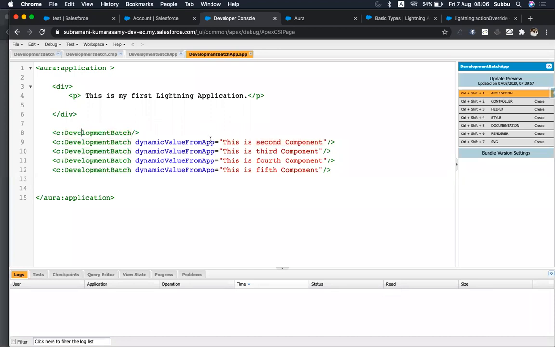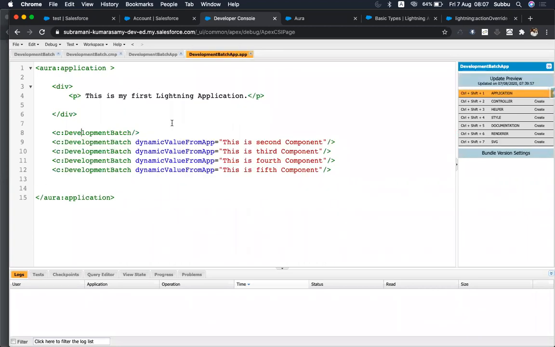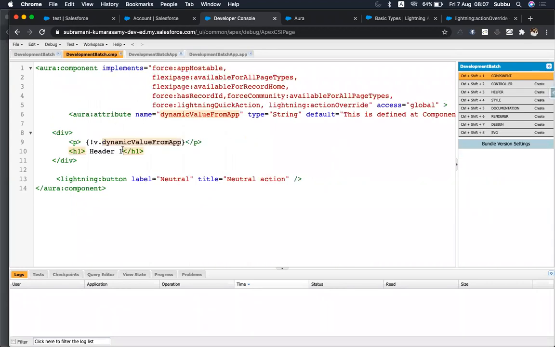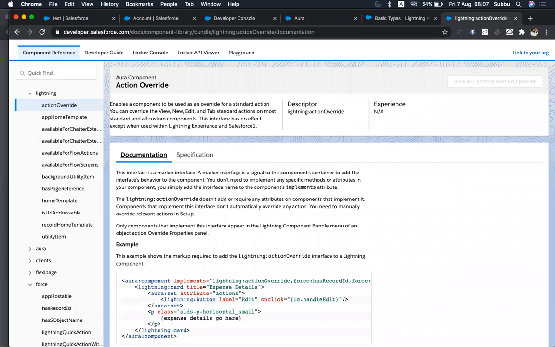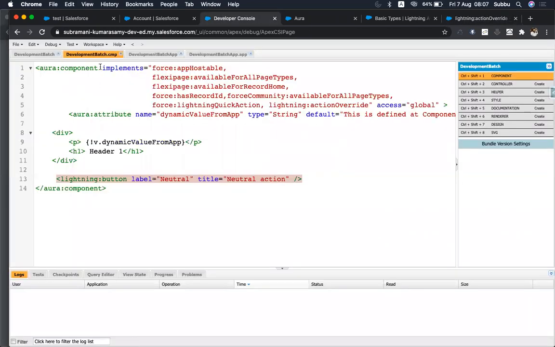From the application, how to pass value to the component. All these things we have discussed. And from the Lightning component library, how to take a component and use it in our Lightning application, we have discussed.